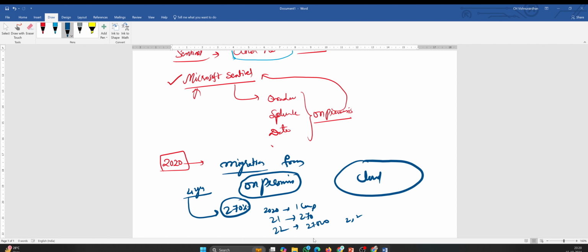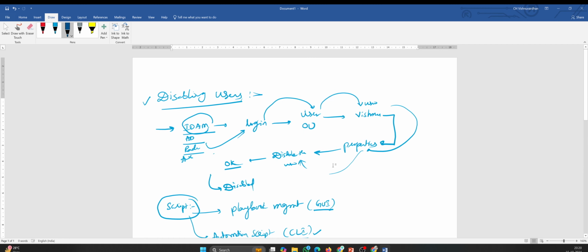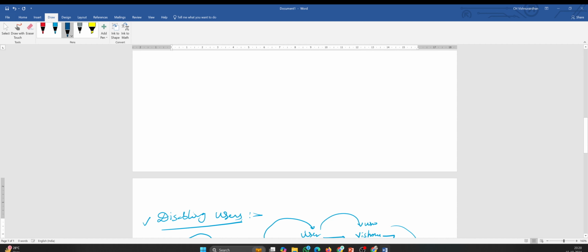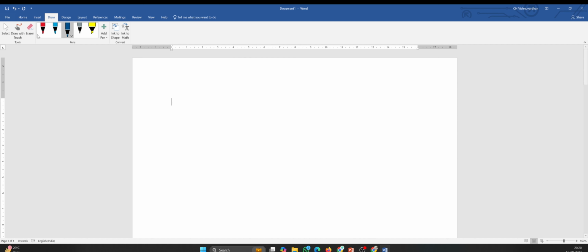Imagine this much growth is there from on-premises. So as soon as the cloud comes into the picture, what happens? Of course, attackers are there. This is the cloud. We have been setting up our various systems. Now the concern is that it is on the internet.